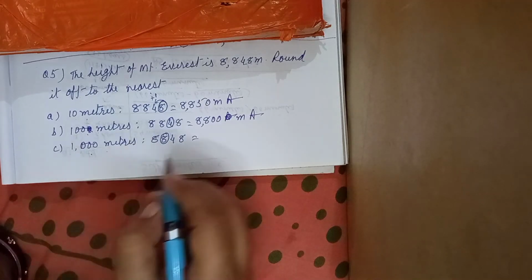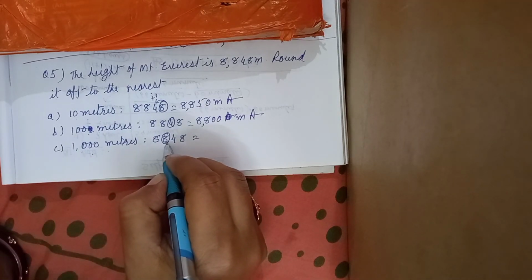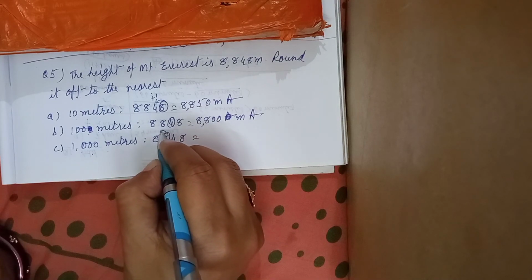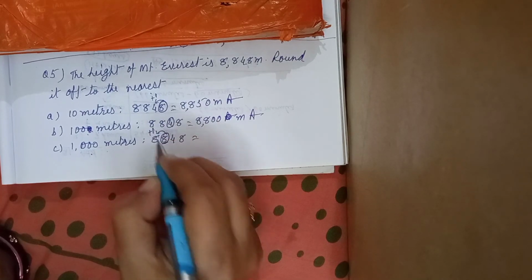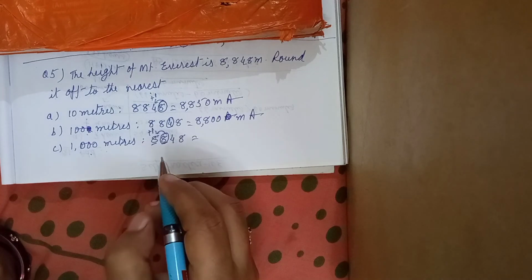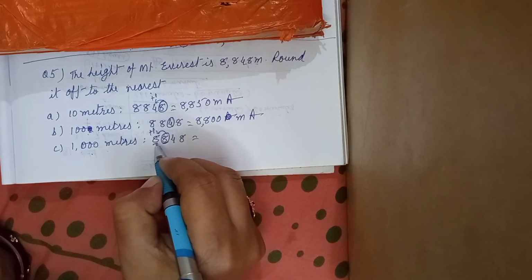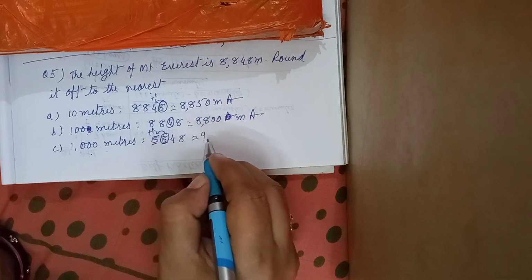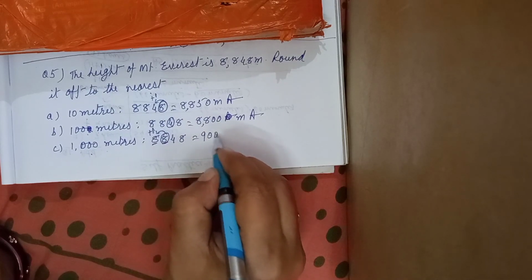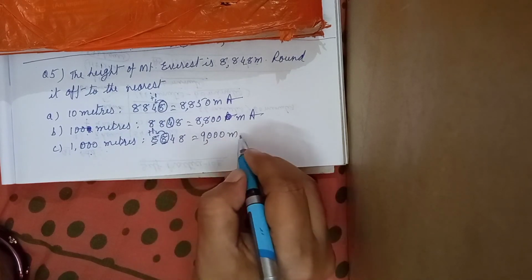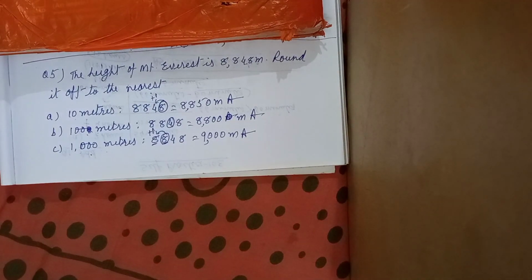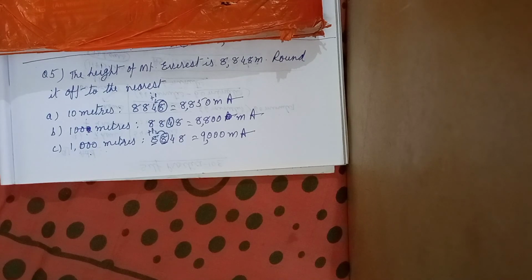For rounding off to 1000, we will see the 100 place. In the 100 place the number written is 8, which is greater than 5, so we give plus 1 to the number written in the 1000 place. In the 1000 place there is 8, so it becomes 8 plus 1, 9, and in the 100 place, tens place and ones place we will put 0, 0 and 0. This is our answer. So do you understand now? Do all your questions in your maths classwork copy.